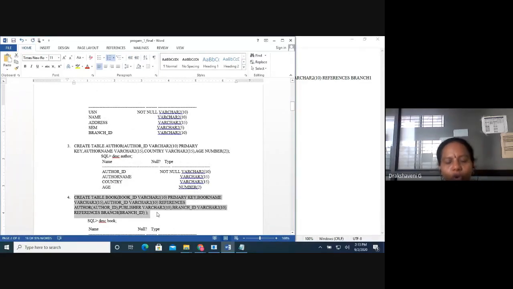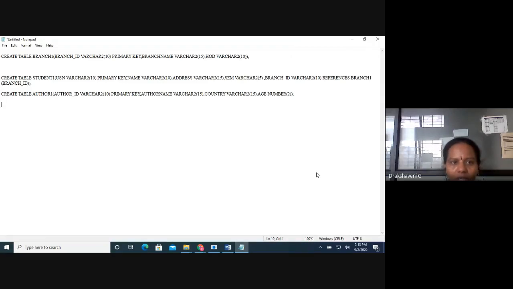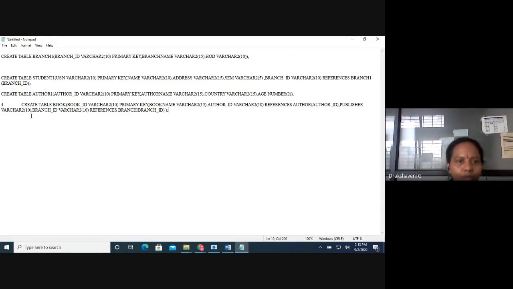See, follow the same order, because in your syllabus they have given book as the first table to create. But once you create book, some references are required, that is, author is required. So we require author ID. That's the reason: first you create author, then you create book. That will be better. In your syllabus they first tell you to create book, which is possible, but then you have to use an alter command to add reference keys. Instead of that, since we are creating anyway, let us create it properly. First you create author, then you create book.